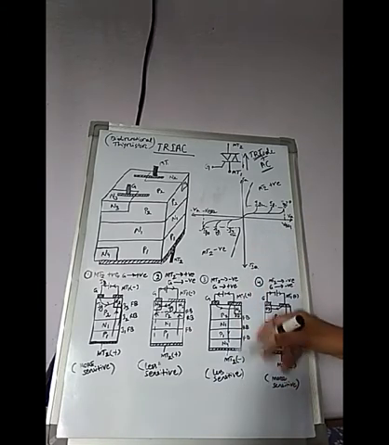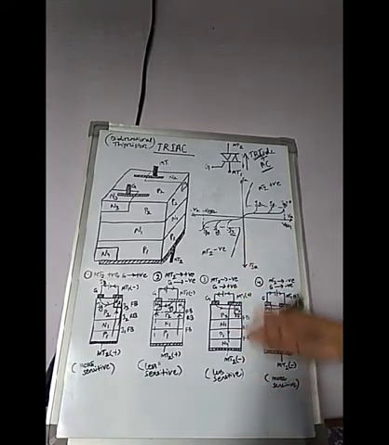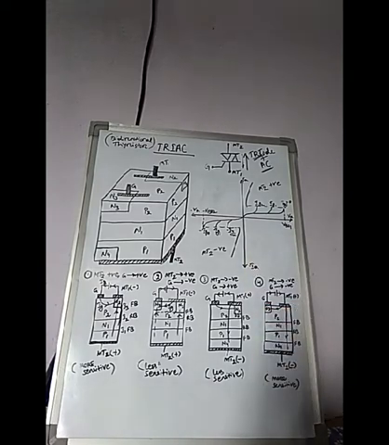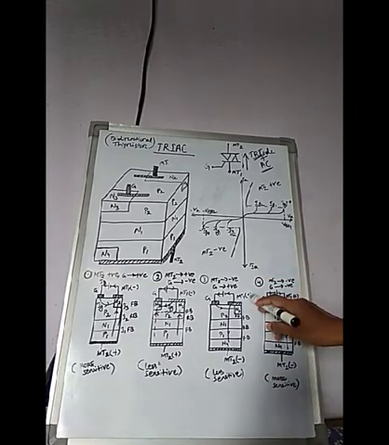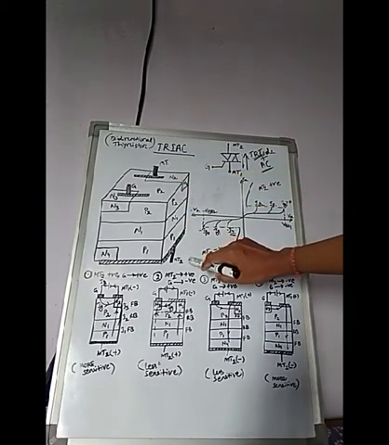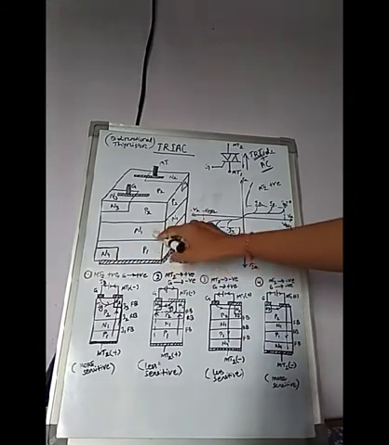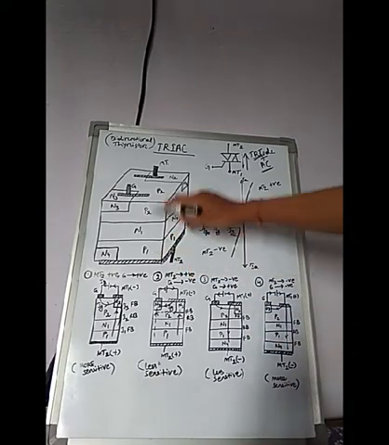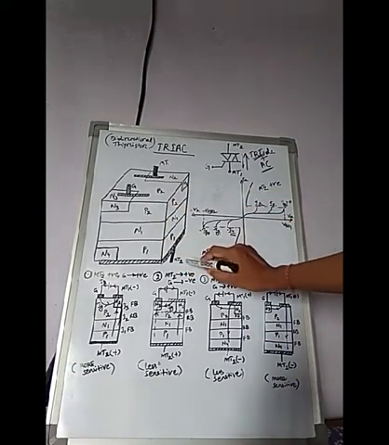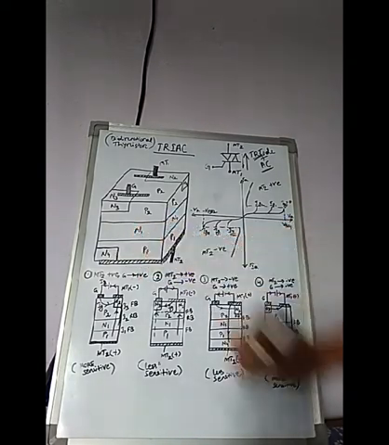In mode 3, what we take here is MT2 negative but gate current positive. So this is the third mode of operation. When MT2 is negative with respect to MT1, it is linked to the N4 layer, because when it is linked to the P1 layer, the P1 N1 junction gives reverse bias, so current cannot flow through this junction. That's why when MT2 is negative, it links through the N4 layer, because N4 and P1 gives a forward bias.